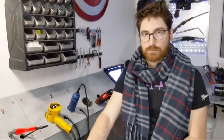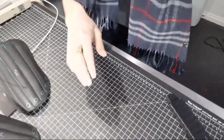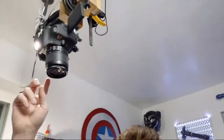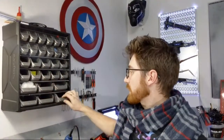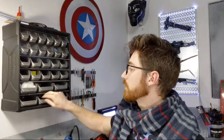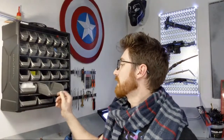So here we go. If you look down right here, you'll see this is my work surface. If you look up, you'll see we've got the overhead camera built in right here. It's suspended from the ceiling. And then right here, I've got access to a bunch of things like buckles, glues, drawing art supply type of things,